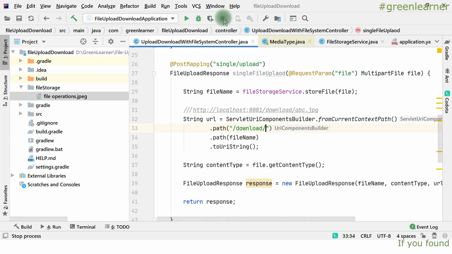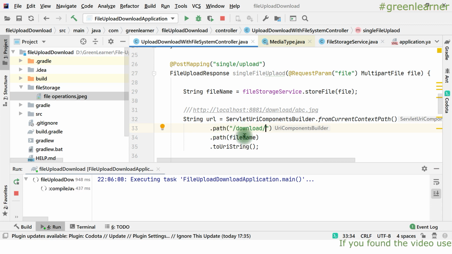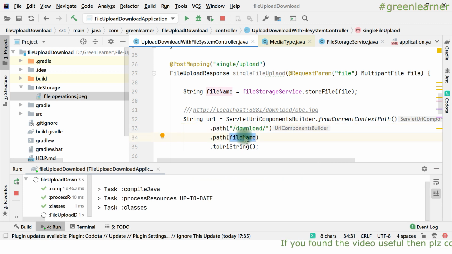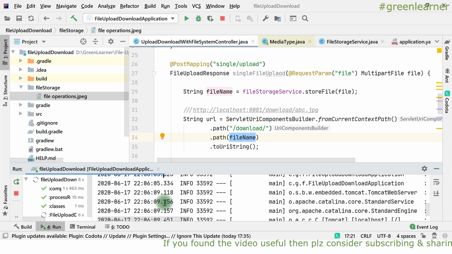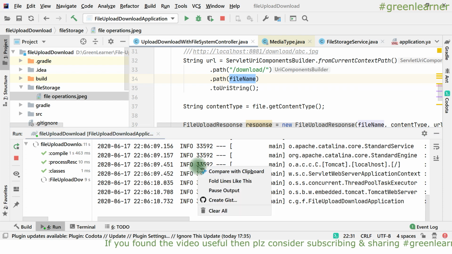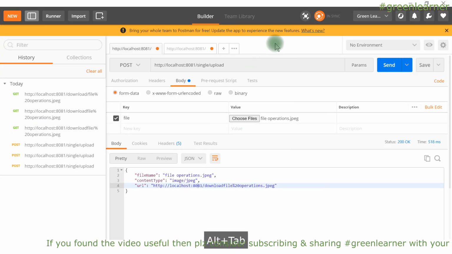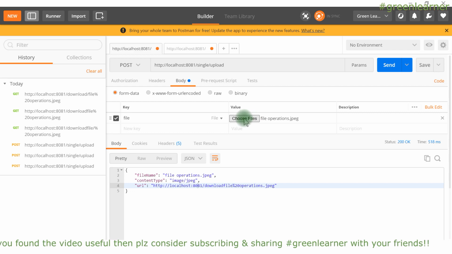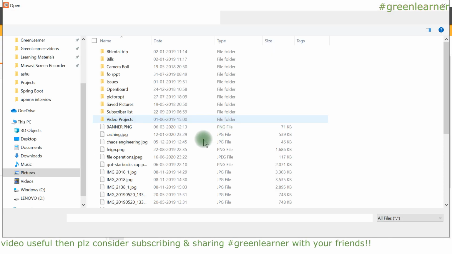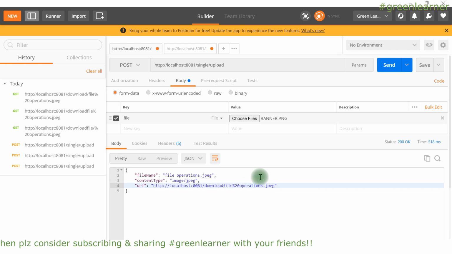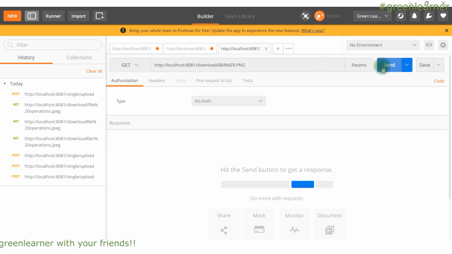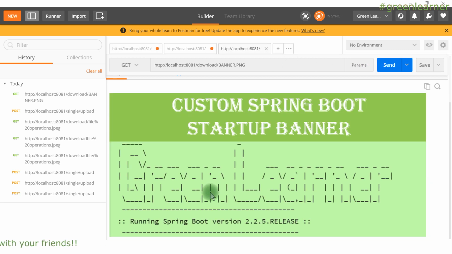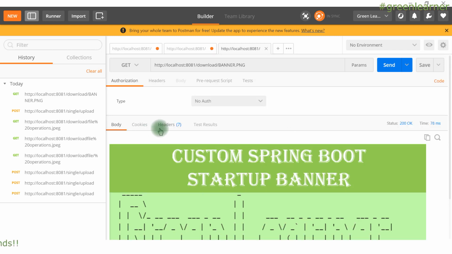So let's stop this one and create this, start the server again and see this in action. So file operations we have here already, right? One file we uploaded and downloaded that file as well, right? So come to the post one, change this file and take another one, right? So banner, suppose that I want it, and send it. So I got this one. Now we have this correct path, right? If I send it again, I'll get this one, right? So the file that we uploaded, we are getting the same file, right?